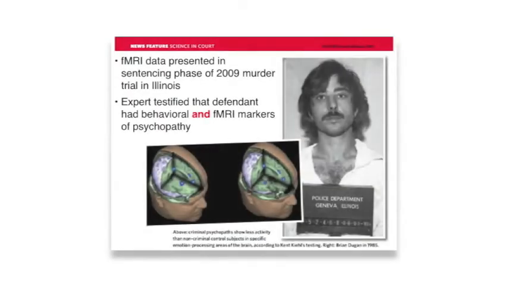Well, here's actually what that picture's from. That picture's from testimony that was given at the sentencing phase in support of mitigation for a guy named Brian Dugan, a really brutal, horrible serial killer who ended up killing a cop in Illinois, was arrested, convicted, and at his trial, testimony was provided in his defense by a guy named Kent Kiehl. And Kent Kiehl has a research operation which involves driving an MR scanner in the back of a tractor-trailer truck into the exercise courtyard of prisons and penitentiaries in the American Southwest,